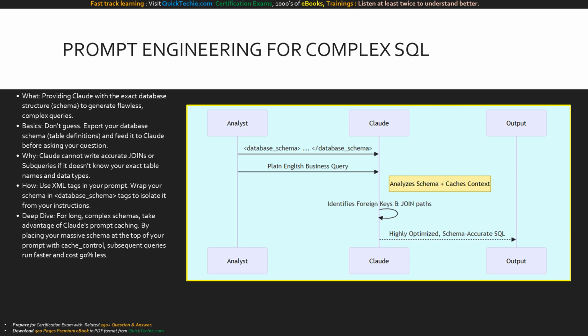Let's talk about prompt engineering for complex SQL. As we get into advanced territory like subqueries, window functions, and multi-table joins, you cannot just ask Claude a vague question and expect perfect code. You must provide context. The best practice is to export your database schema, your table structures, column names, and keys,